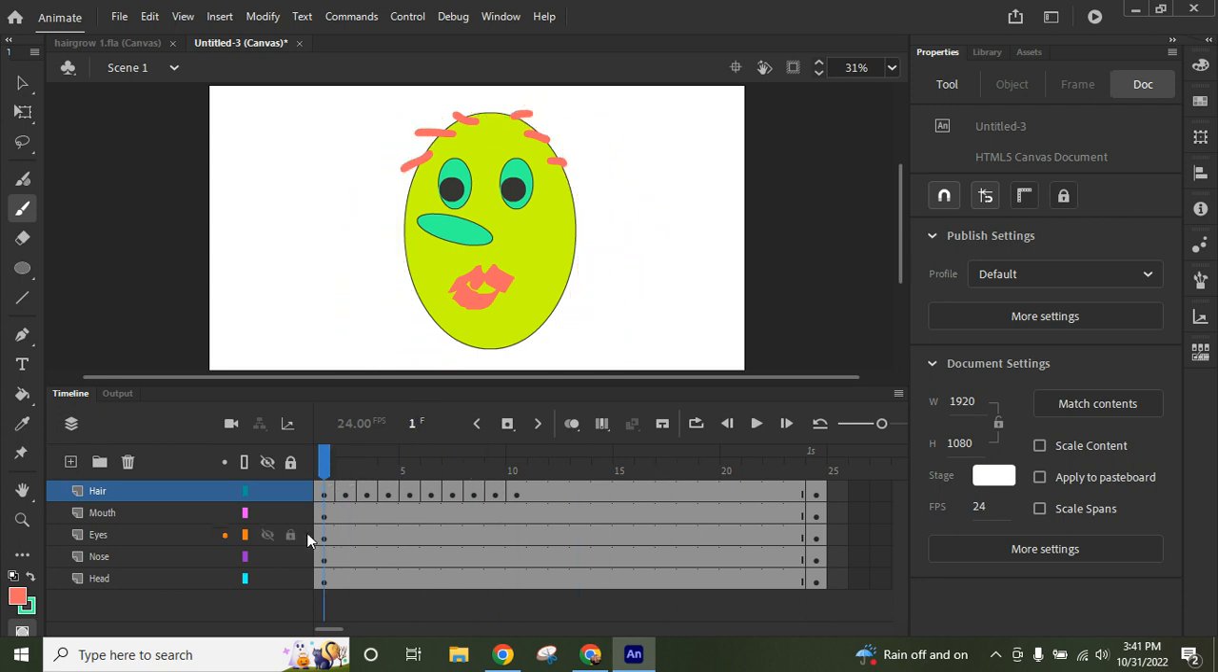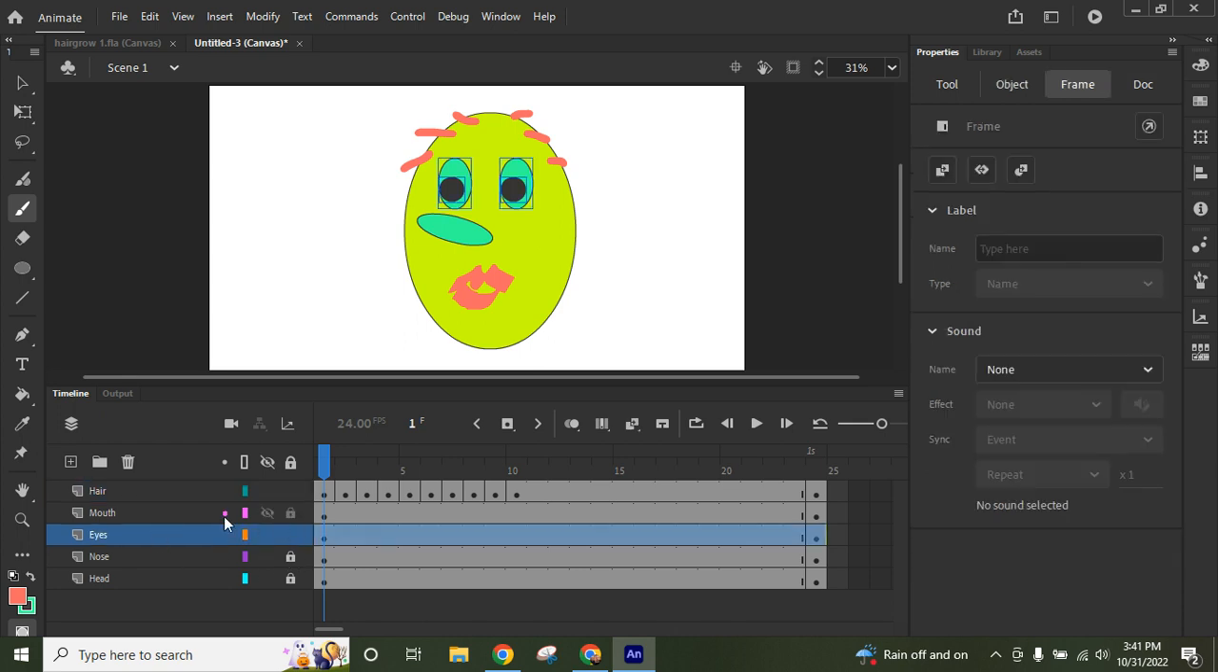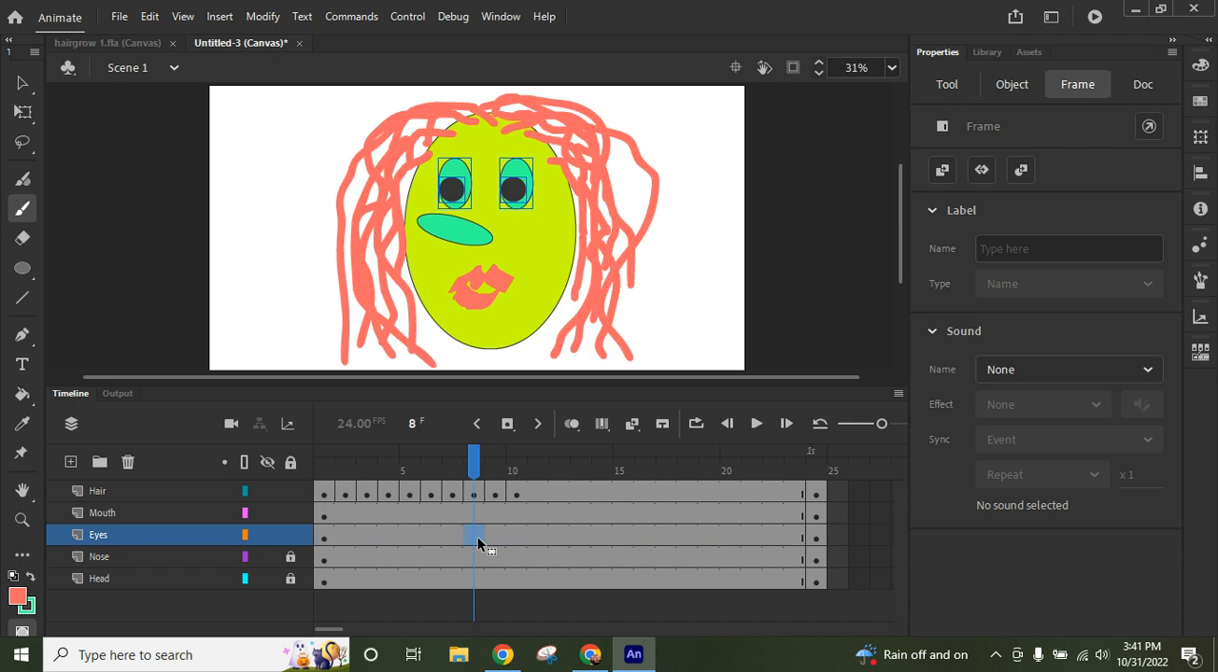Okay, let's go on. We can lock our head layer because it's going to be static. It's not going to be moving. Same with our nose. We can lock that. It's not going to move. We're going to head to our eye layer, and we're going to have our character blink. So let's have, at about frame 8, I'm going to insert a keyframe, and I'm going to have my character